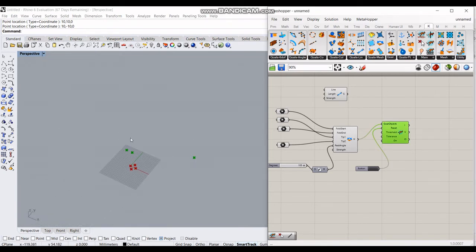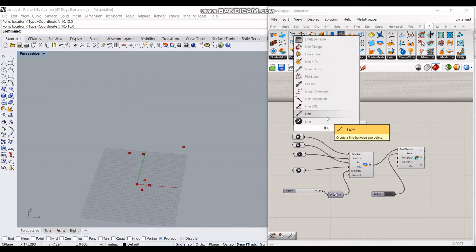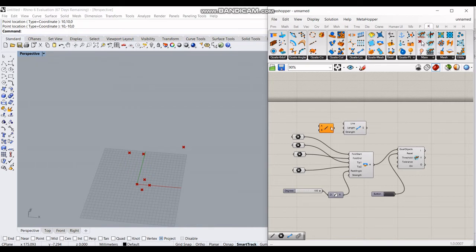So as you can see, the resultant points, they have flown away because they aren't connected together by a strong rigid support. So this is why we use this line component, which acts like a beam. So we have seen this line component takes 2 points as its input and gives the line as its output.